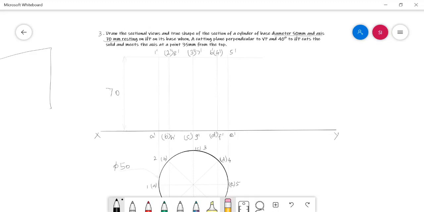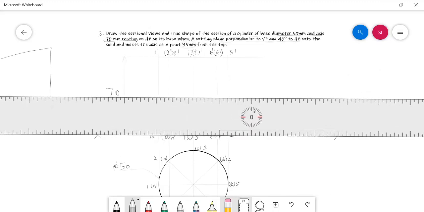We need to get the cutting plane to cut the solid. The cutting plane nature given in the problem is perpendicular to VP and 40 degree to HP, and it cuts the solid and meets the axis at a point 35 mm from the top.